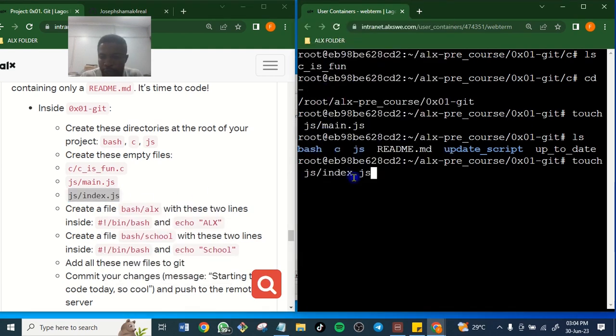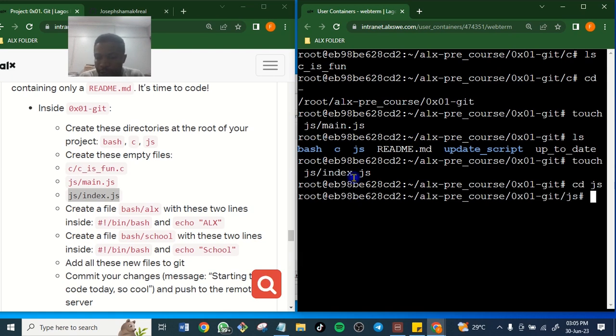Let's enter. Let's now check cd. Now cd into your JS file. You will never see this anywhere. I'm giving you this information right now for those of you that are confused about where the file is. It is there just for you to be clear. You created it and you can't find it. This is where to find it.